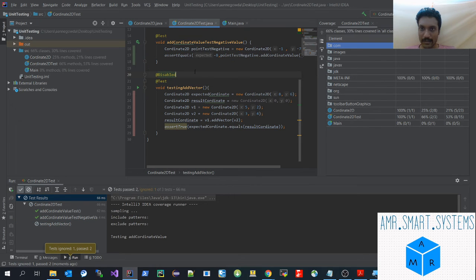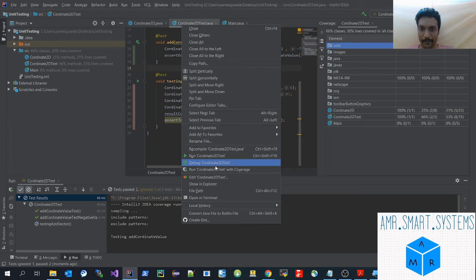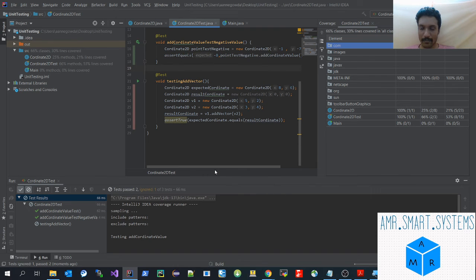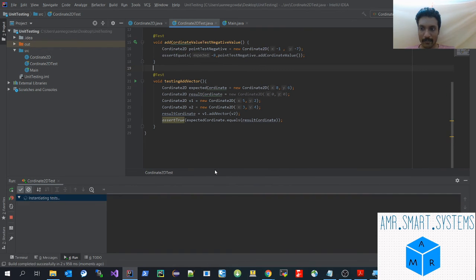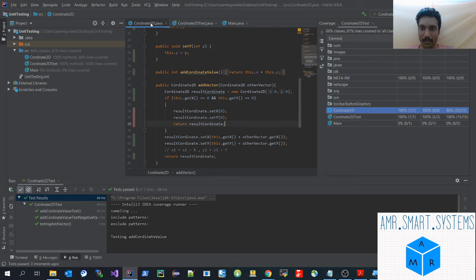Okay, one more thing, let's remove the Disabled annotation which disables the test case. Now you can see the percentage of line coverage has fallen to 86%. Some of the lines have not got executed, and it will show in a red color mark.